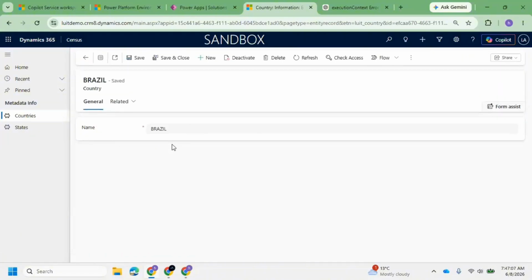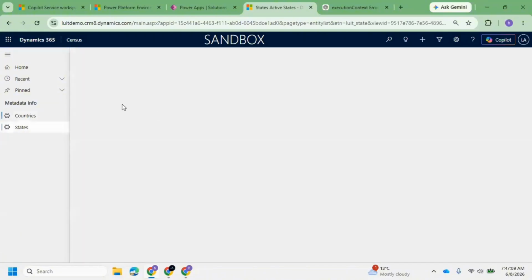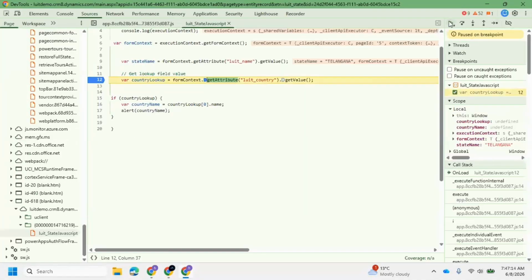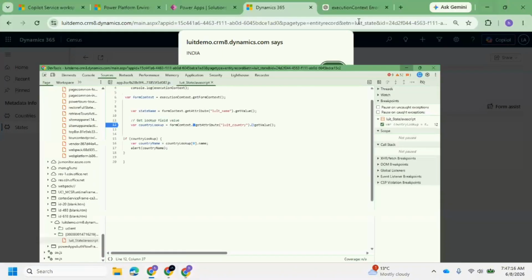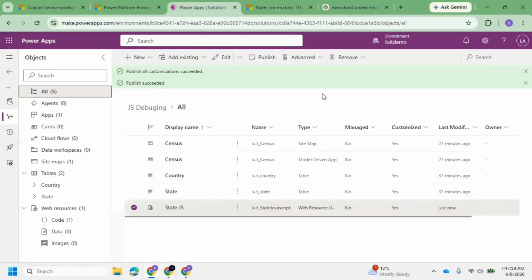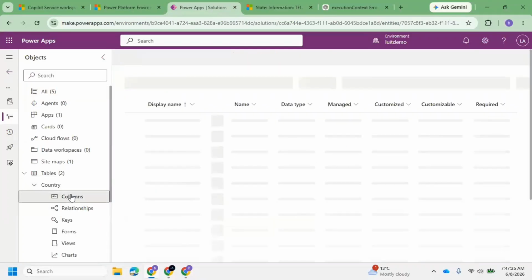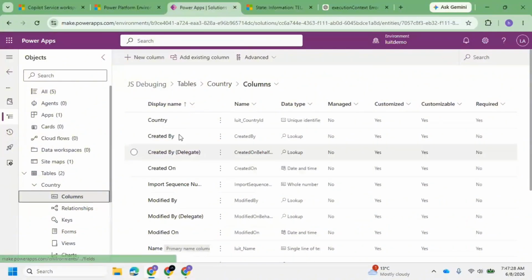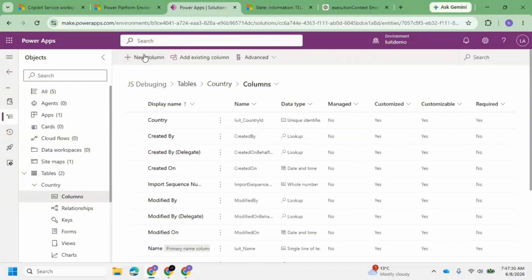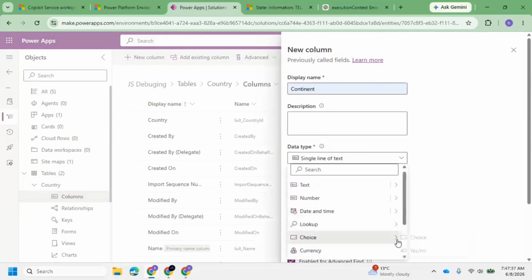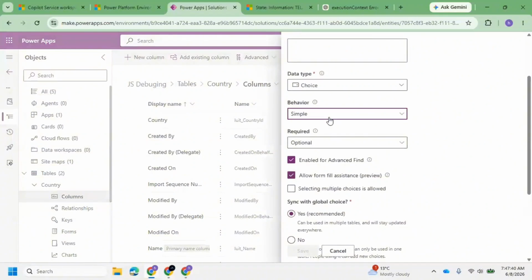whenever I choose that particular country, the state on this, it has to be loaded like that. I want to write a logic. Okay. So for that purpose, I will be creating one more field on the country table. So that is also will have same options as state. Okay. That is nothing but a continent, lookup, choice,